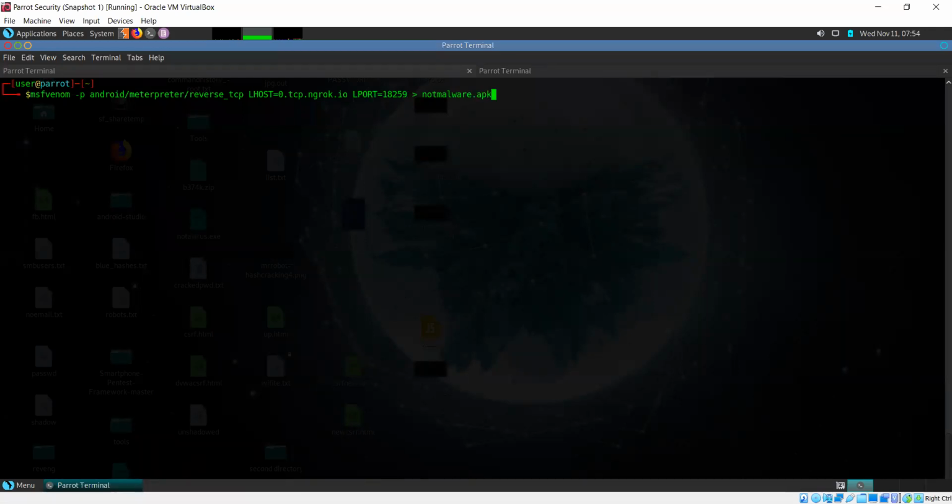So we'll just name it not malware.apk. So this can take a minute or two to create this file for us.